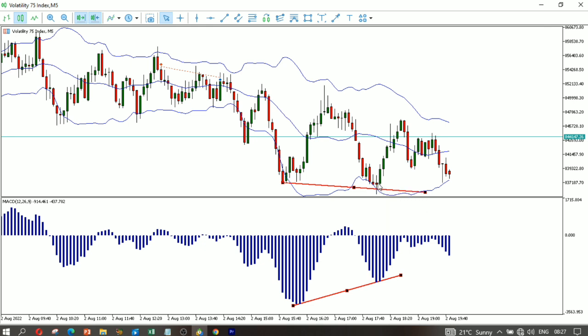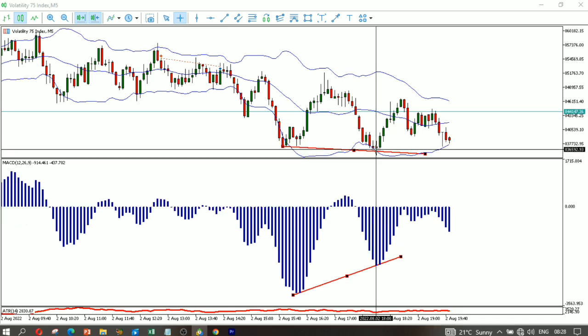And if you buy here, you take profits when the market touches your middle band, right? So just drag the crosshair from here, and you want to measure 2830 here. So that's how you